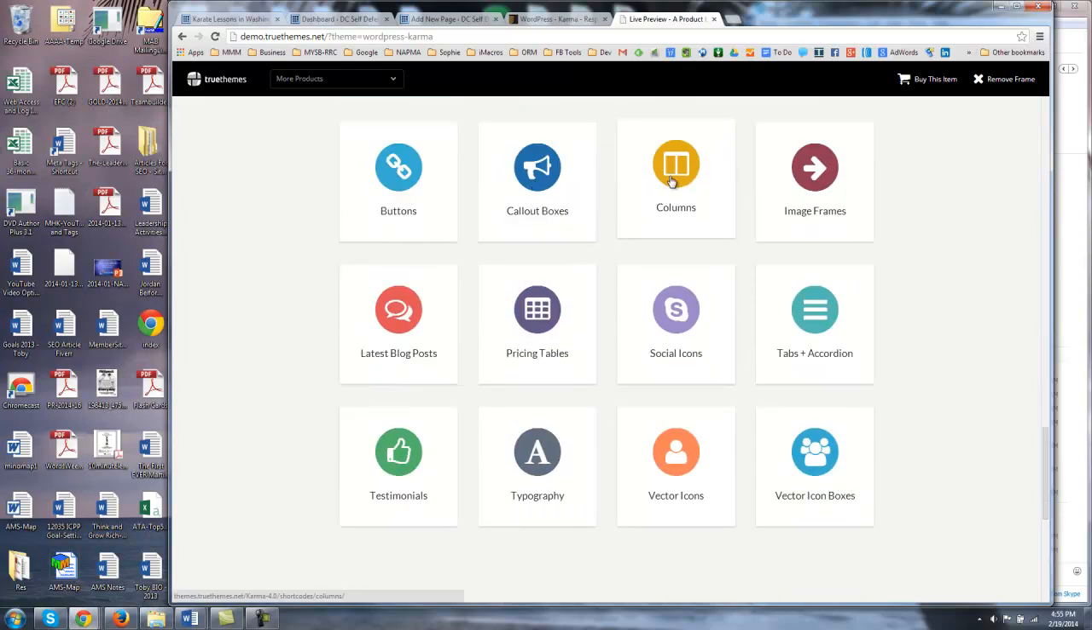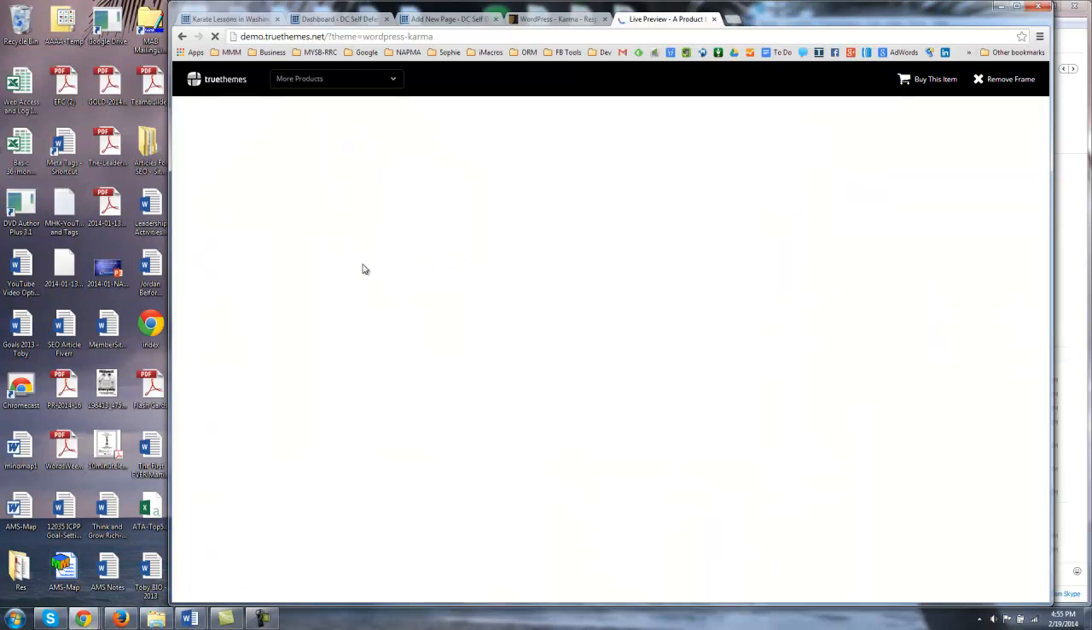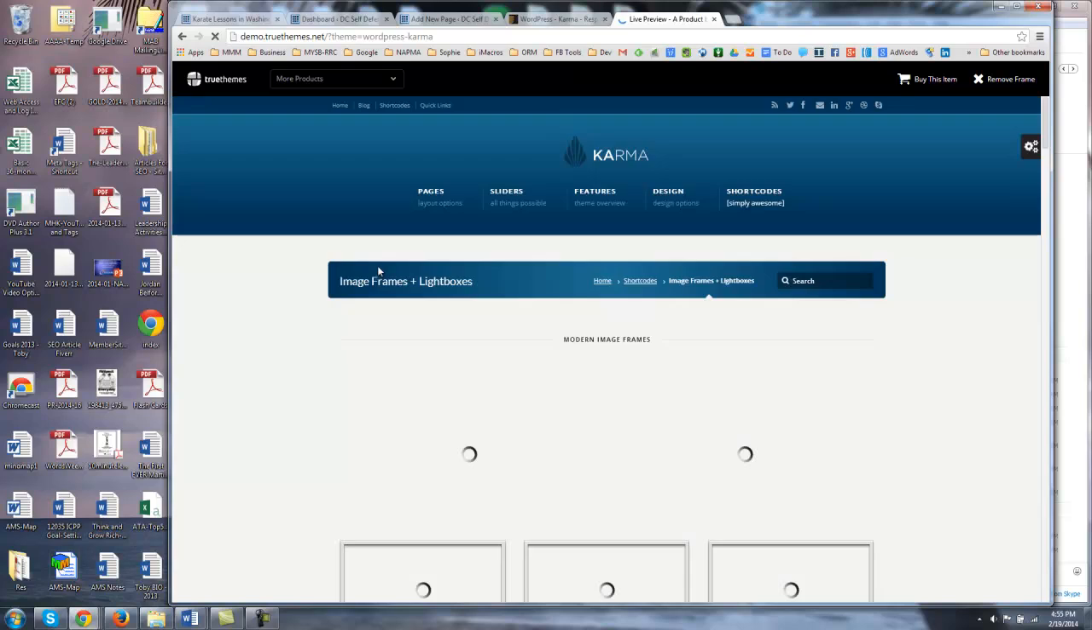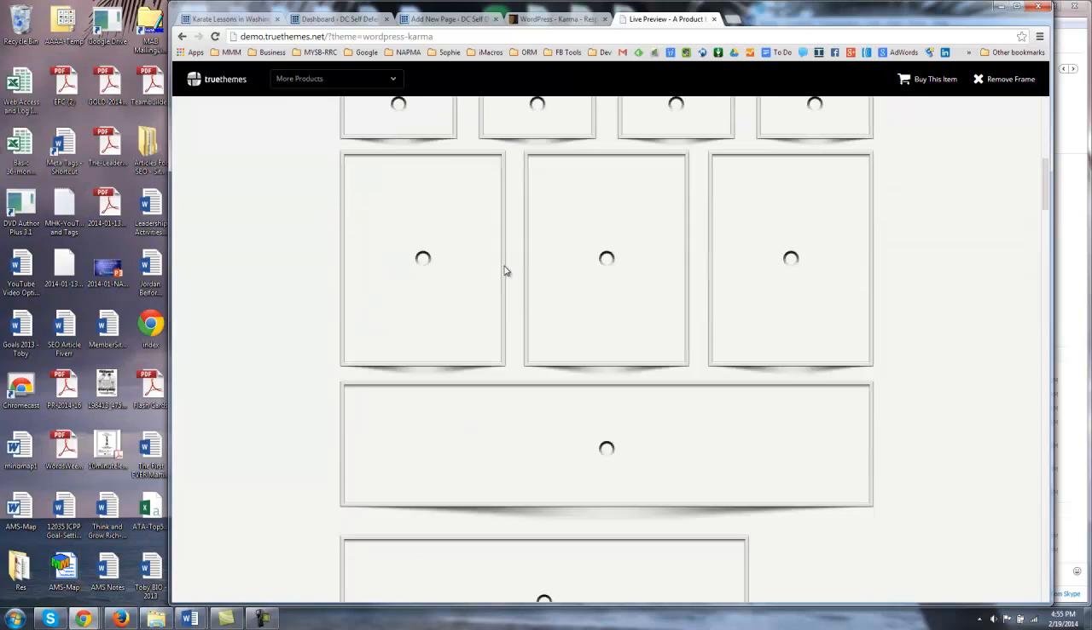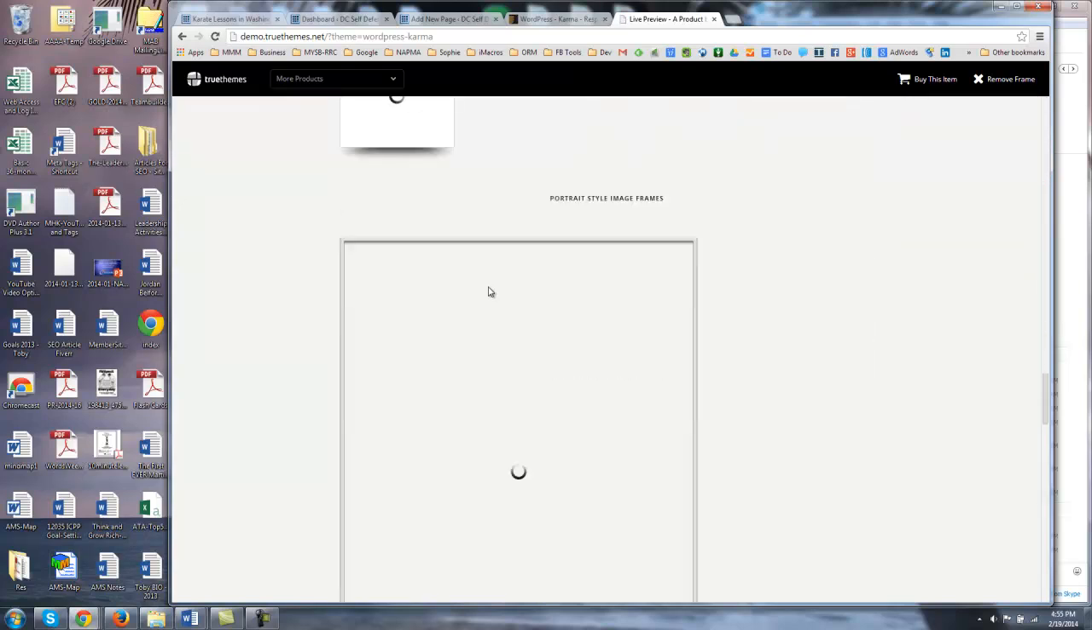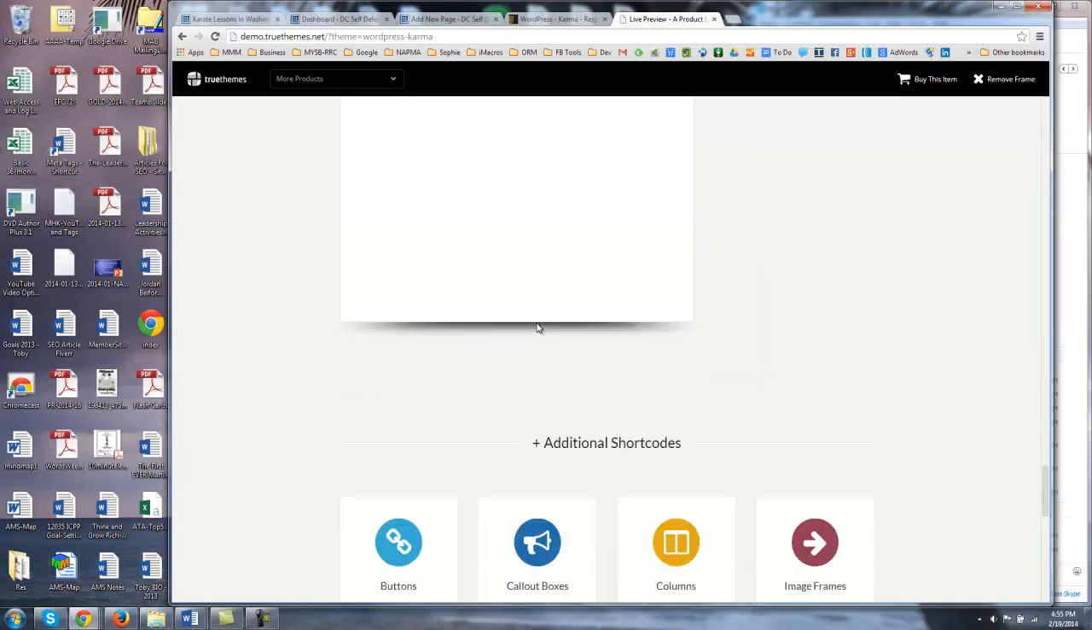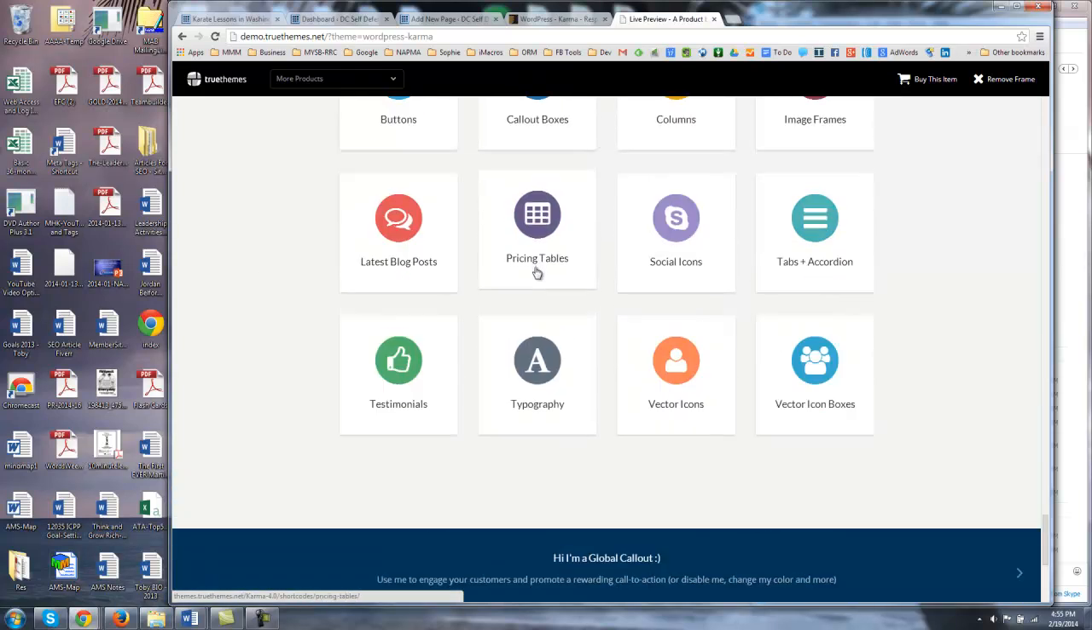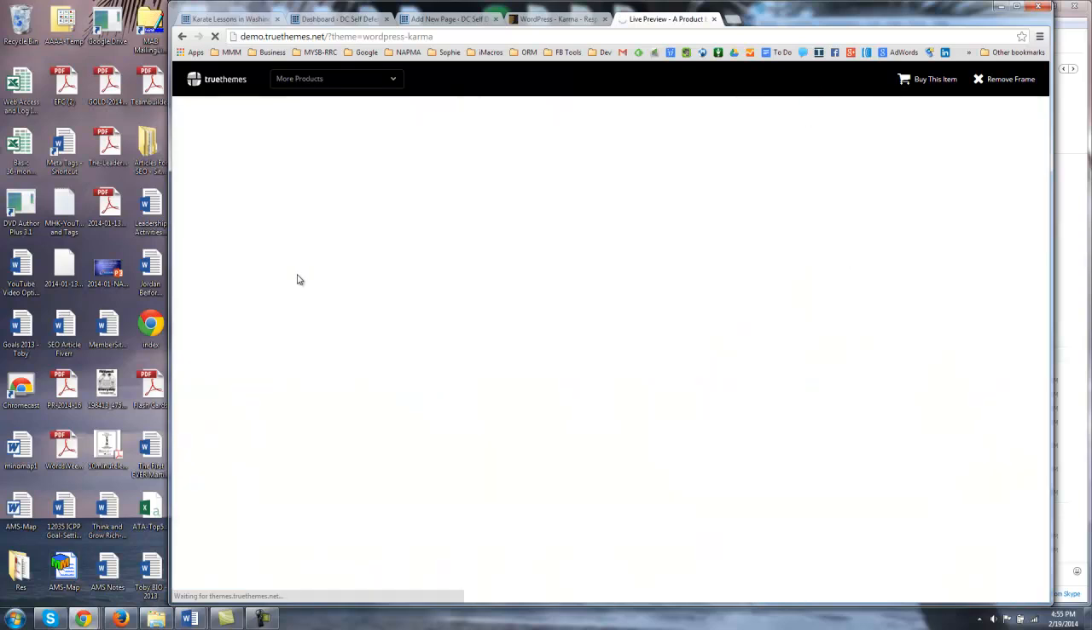Call out boxes, columns, image frames. The image frames one is kind of cool. There are a few different frames that you can set up that will wrap your images. You've seen these on your home pages, I'm sure. These little frames, your picture goes right inside there. So pricing tables, I can't imagine you having a reason to want to do pricing tables, but it's just an